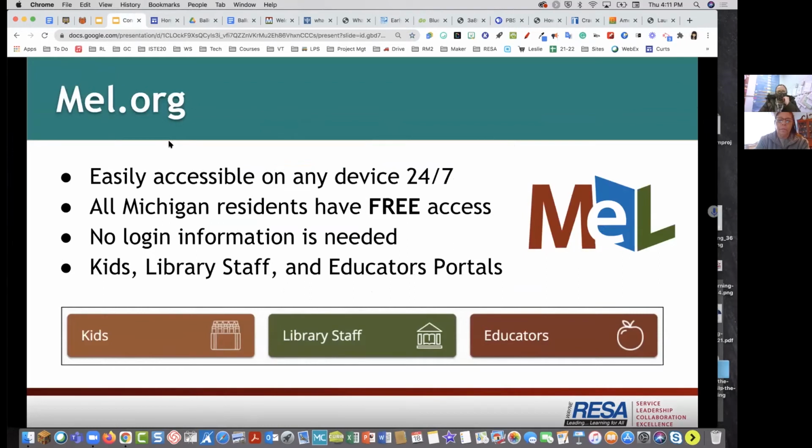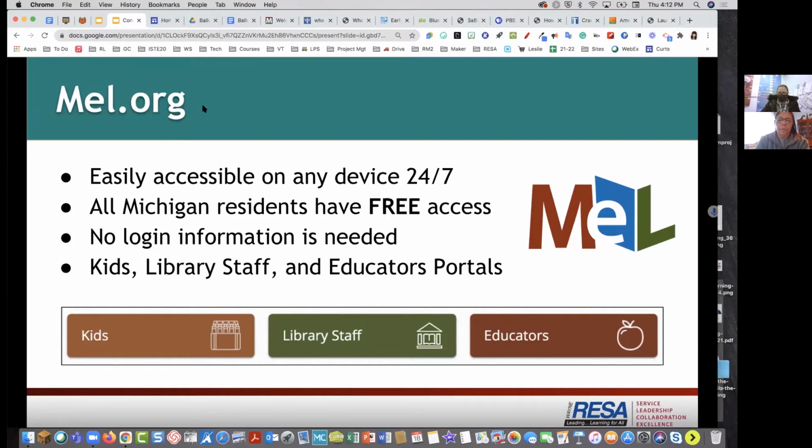One of the best resources that we have here in Michigan that we really are genuinely lucky to have is our Michigan eLibrary. All of the resources here are digital and electronic, and they are accessible 24/7. It used to be that you had to be in a public university, a public school, or a public library to access them. Otherwise, you would have to put in a Michigan driver's license, but they now have it configured to be geo-authenticated. So basically, if you or your students are on any device within Michigan, you can access it without having to put in any usernames or